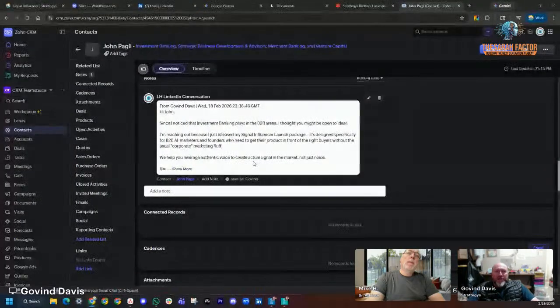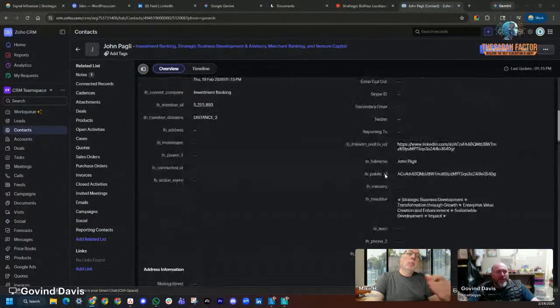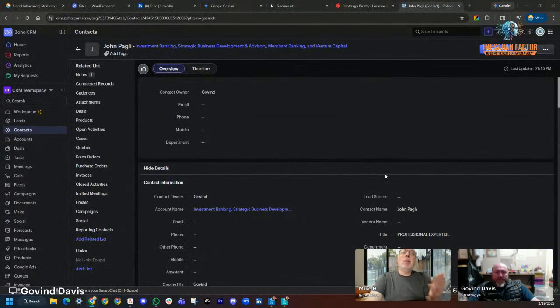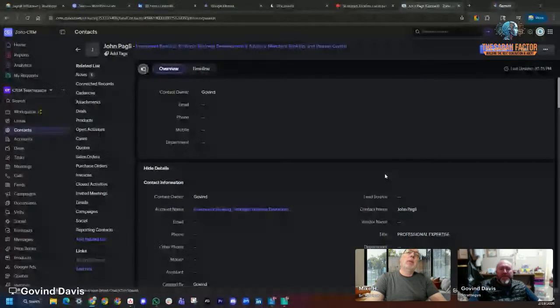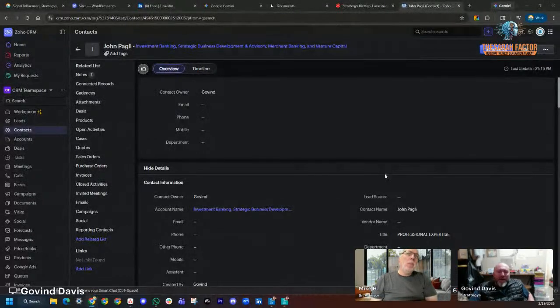And I feel like Zoho actually has a really simple interface. It's easy to add custom fields and customize the layouts. What is Zoho? Zoho CRM. I guess if you're not familiar with Zoho, is it a CRM, or is it something else?